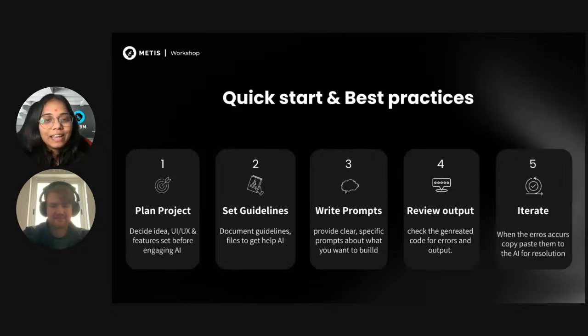Use prompt engineering here, this is the secret sauce. Let's say you want to make a home page and you just write, can you make a home page for a to-do list app. But how can you make it stronger? Can you please build a Next.js homepage with a hero banner, three feature cards, a header and a footer, use Tailwind CSS, and keep it mobile friendly, so you have the same flexibility on all devices.